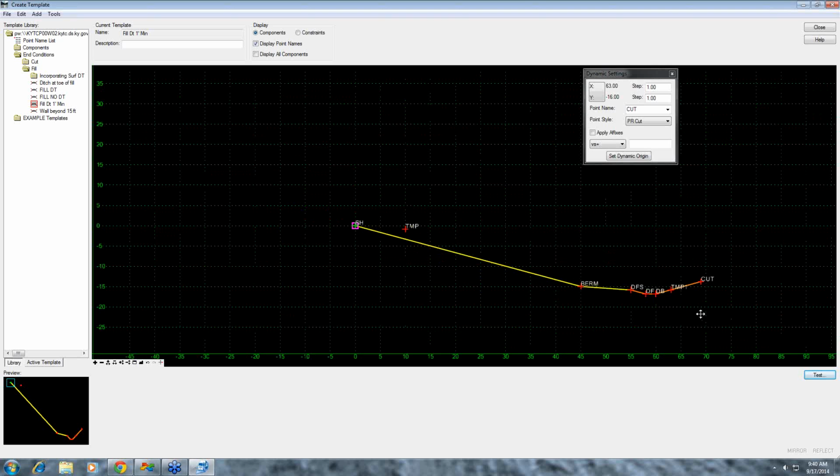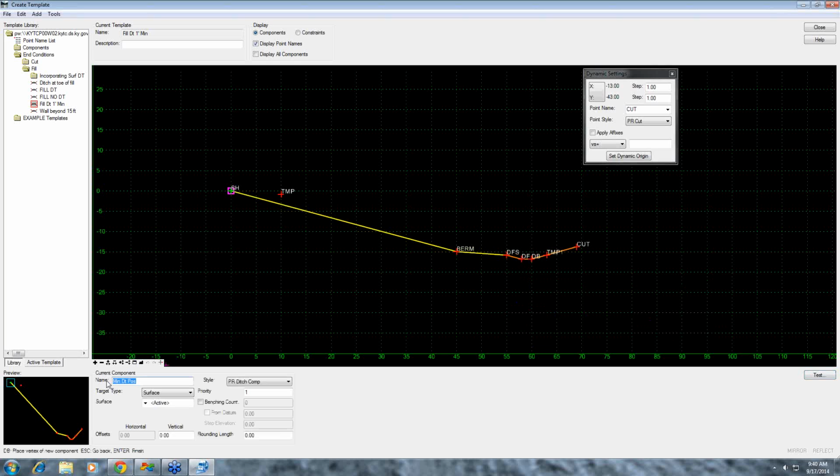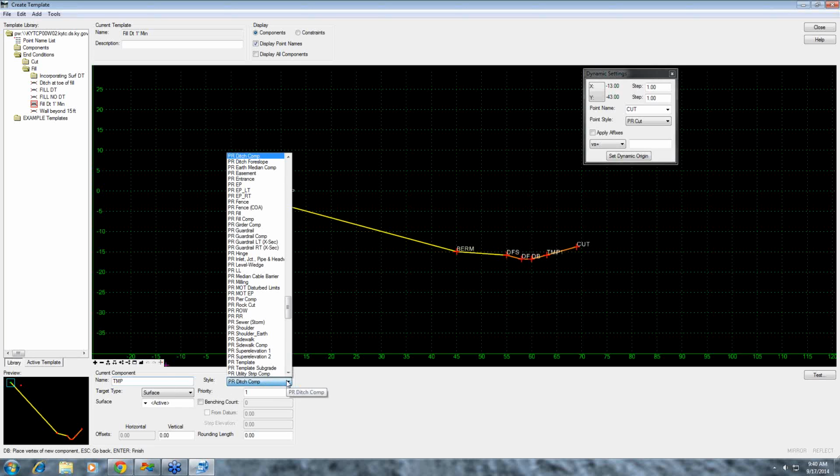We're going to go down through here. These will be all temporary points down through here because I do not want them to display. So we will add a new component, end condition. And on this one, let's call it temp. I like to do that just so if I have problems, I'll know which points were the temporary points and where to start looking, because when I mess one up, this is usually where it is. I'm going to set that to uncontrolled because I don't want it shown, but I'd like it to show up in white or something so I know it's an